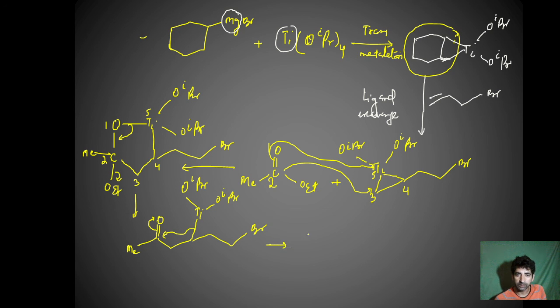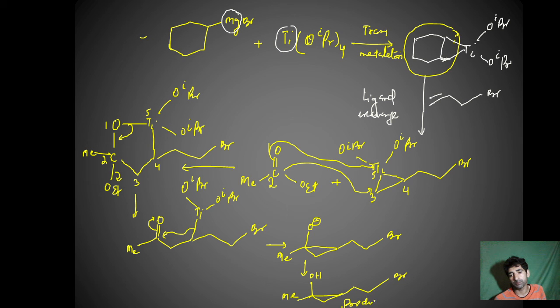We are going to get O minus. Over here we have Me, and a cyclopropane ring is formed. To this cyclopropane ring there is attached this Br. So what happens in the next step? Protonation takes place, workup of the reaction takes place, OH is formed over here. So we get OH. Over here we have a methyl group, and to this we have attached the cyclopropane ring, and over here we have Br. So this is the product, this is the mechanism of the reaction.